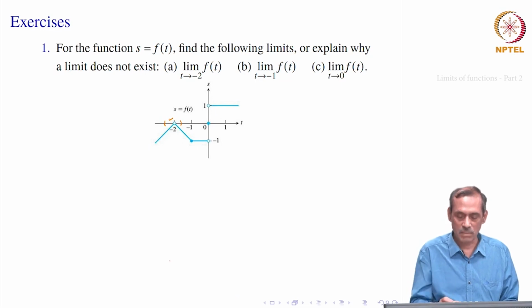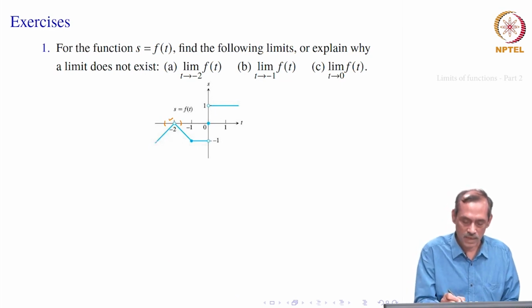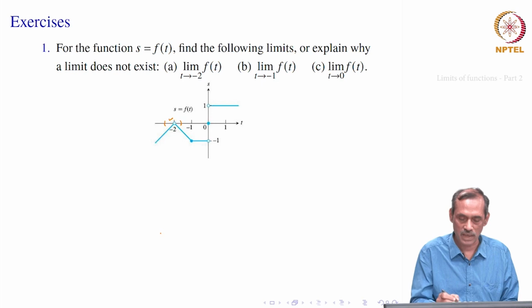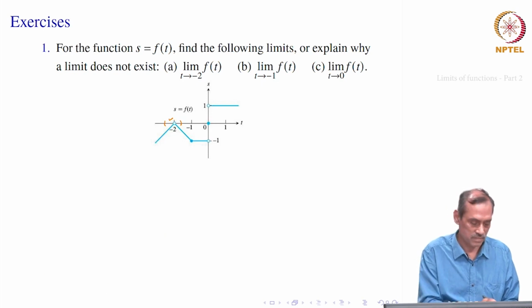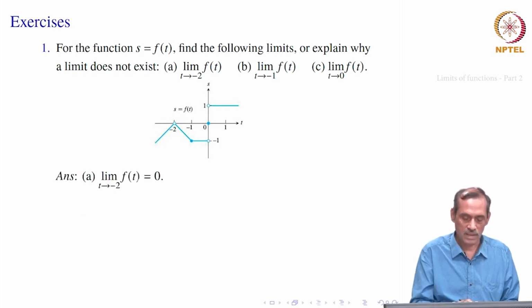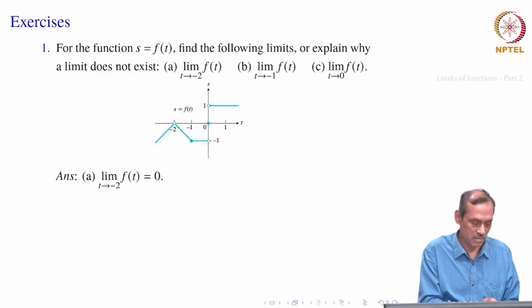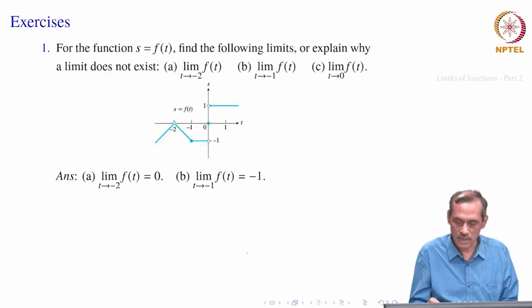Okay. So, within minus 2 what happens? From this side it remains near 0 in the y axis. If you take its value, it remains close to 0, from the other side also it remains close to 0. It looks like the limit should be equal to 0. That is what we see, the limit should be equal to 0, and you can justify it formally, of course.